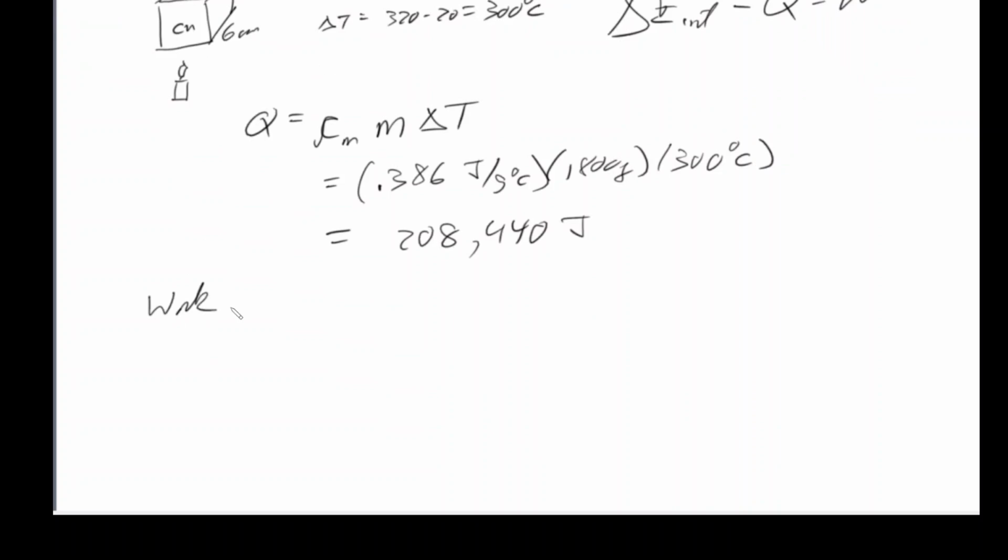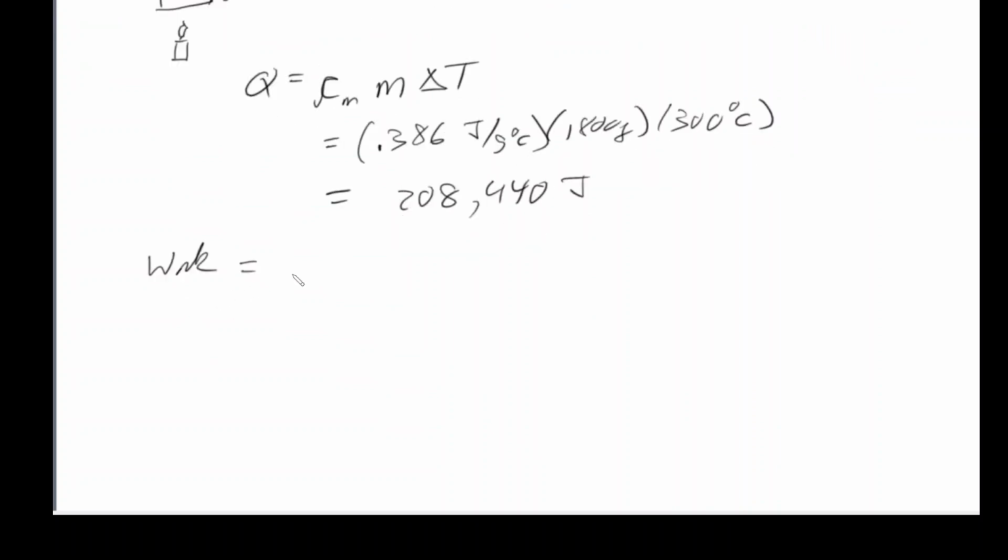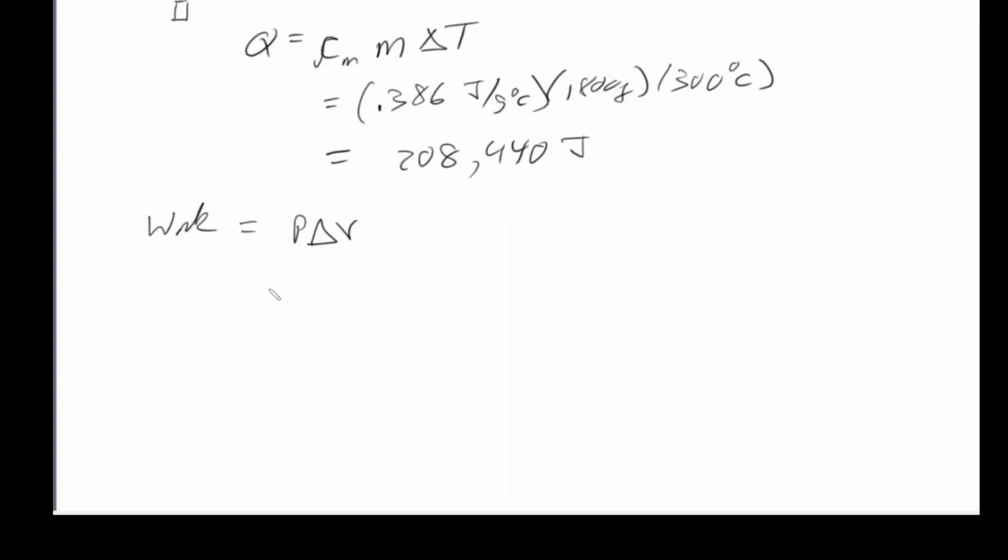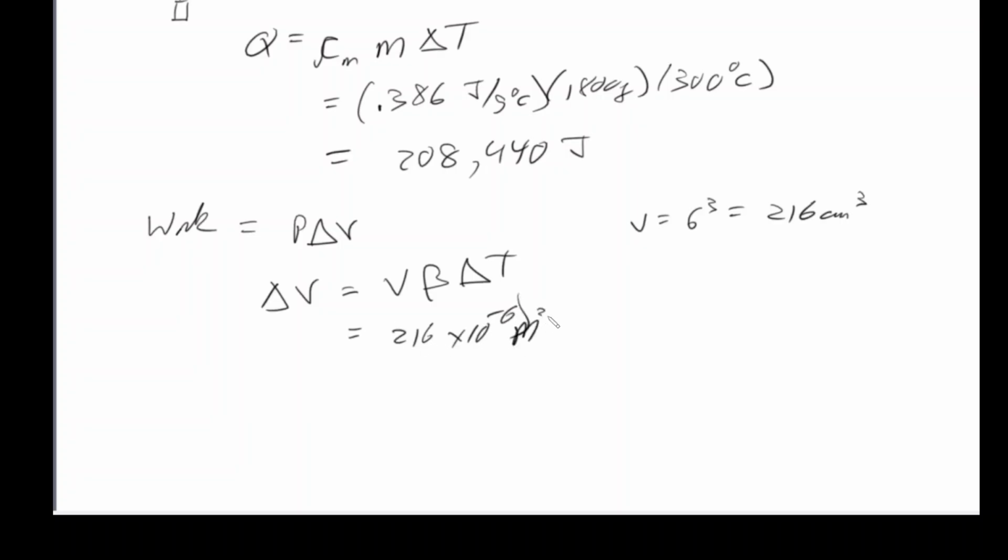Well, the work is due to the volume expansion because work is equal to the pressure times the change in volume. So we now have to find the change in volume. We know that the volume expansion is equal to initial volume times beta times delta T. The volume of the cube is 6 cubed, which is 216 centimeters cubed, so that's equal to 216 times 10 to the minus 6 meters cubed